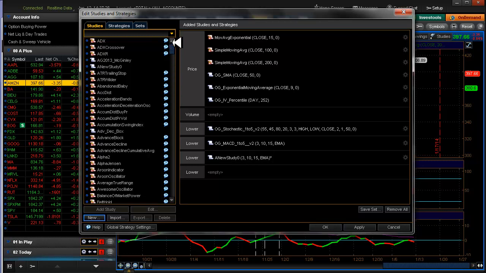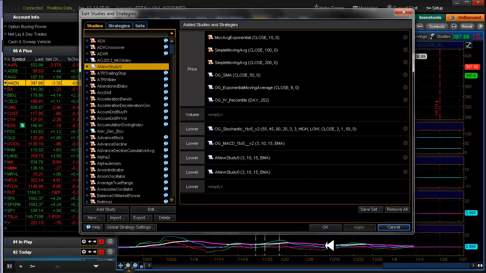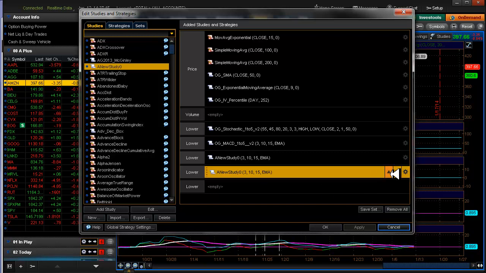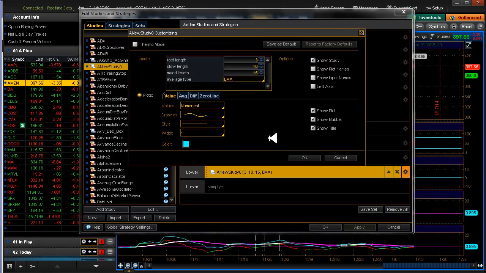So now it should be over here. A new study right here, and we can add that. So if we click apply, now we'll see that the study is down here. Alright, the first thing that you want to do on this EMA deal here is click over here on a little cog wheel that will let you edit the study. You don't want this blue line here,